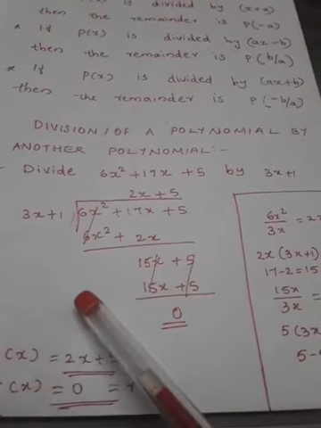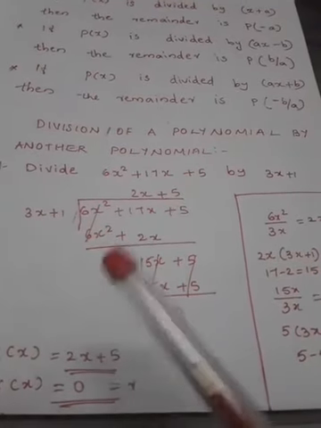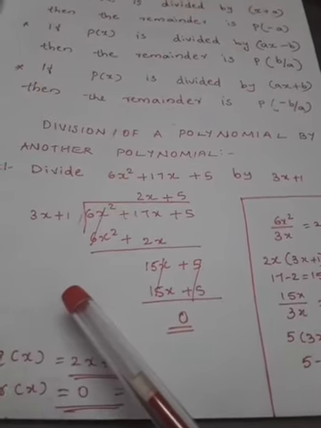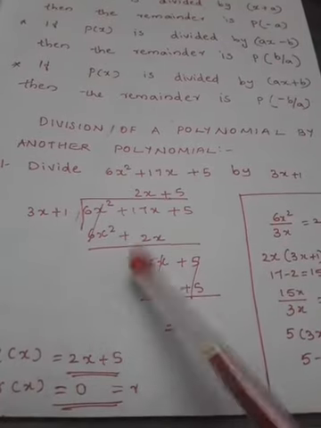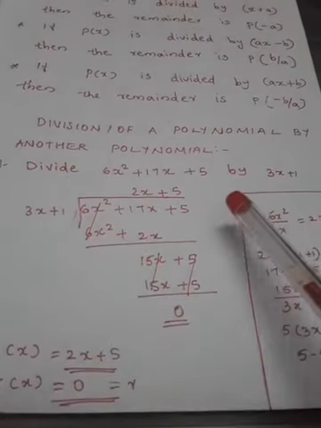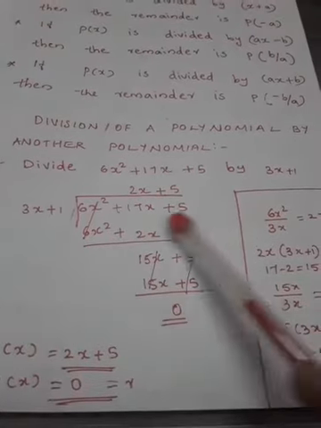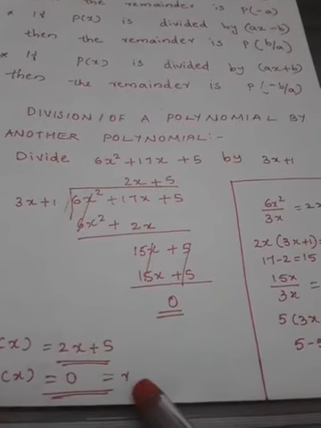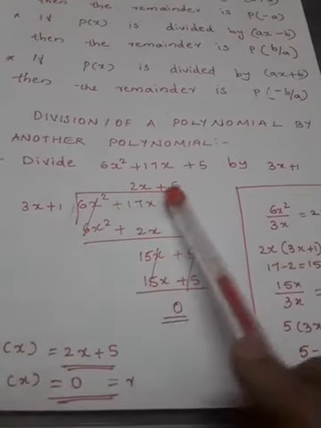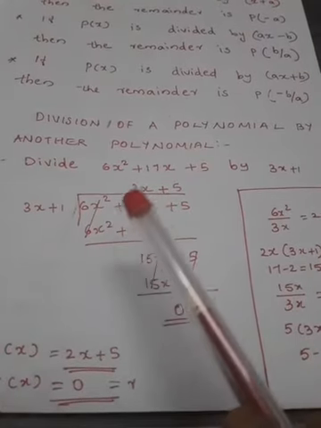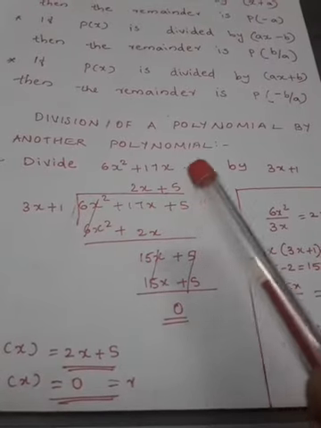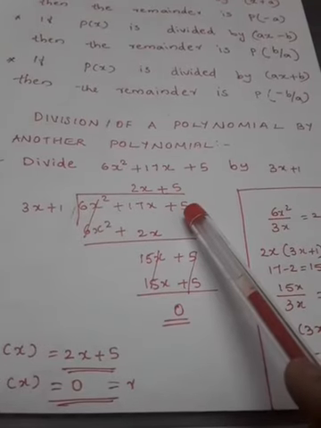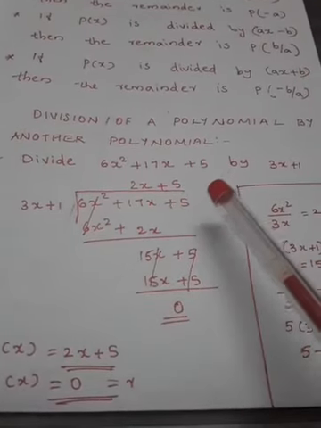If in the question they ask to find the quotient and remainder, or find the remainder by the actual division method, or otherwise they will ask divide and find the remainder, then you should do this long division itself. Divide and find the quotient or the remainder or both. So read the question carefully to see what they ask. Divide and find, or just find. If they ask to find the remainder, then we can use the remainder theorem. But if they ask divide and find, then we should do the division.